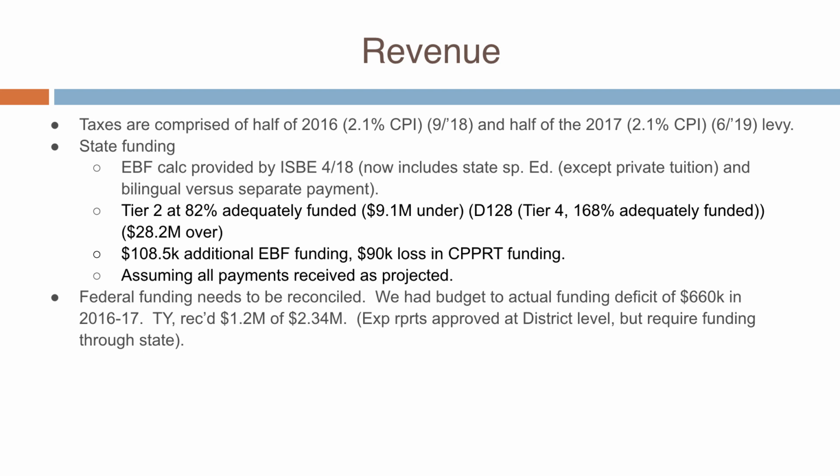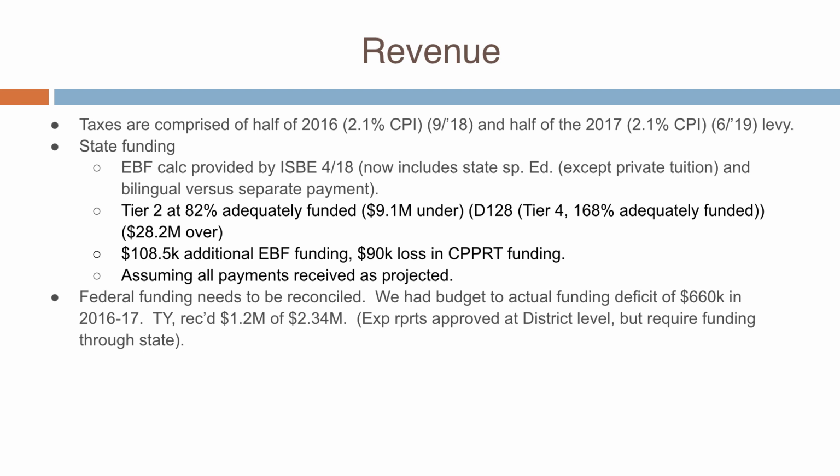In comparison to high school district 128, they were noted at the highest tier as being 168% adequately funded, or in essence $28.2 million over as comparison. Now, of that $9.1 million, the evidence-based funding model is funded through new money, and the majority of that went to Tier 1. With Tier 2, we are basically provided